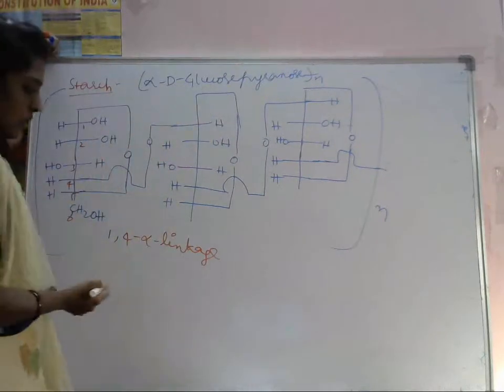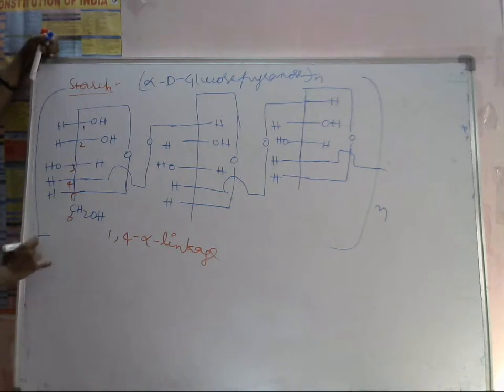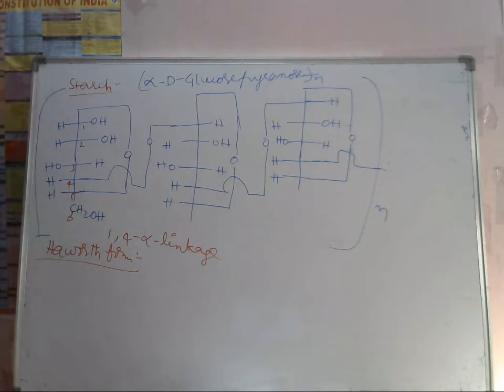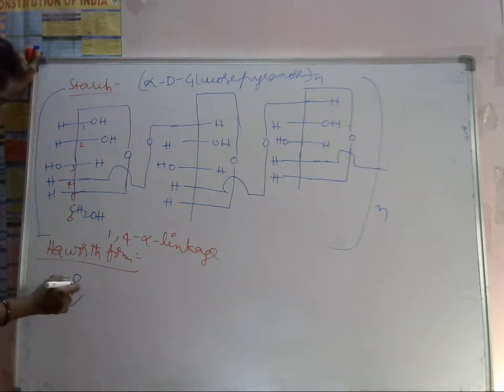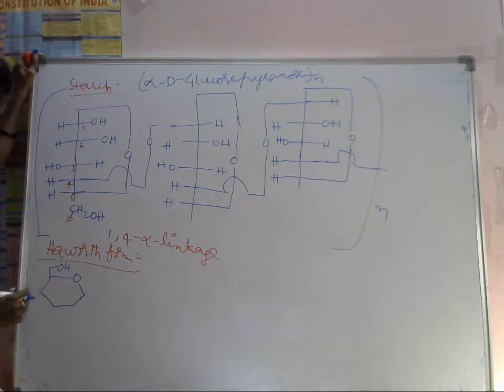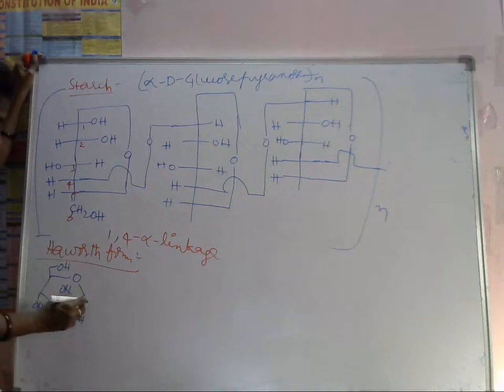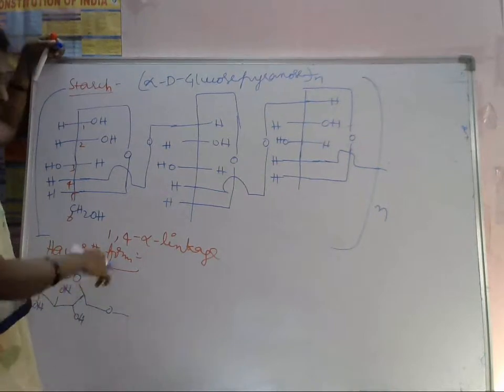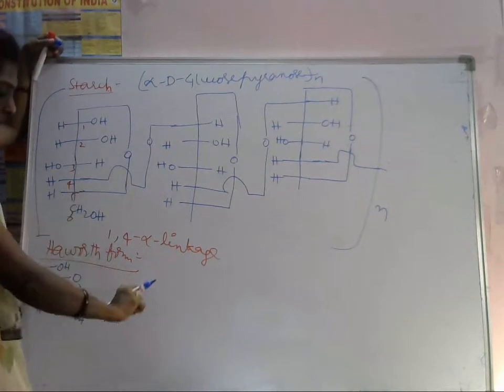Okay, starch. So next, this is the Fischer projection form. Let's see the Haworth form. The Haworth form of this is nothing but we have to write the glucose, just add the glucose units with the 1,4 linkage. That's it. Here it is having OH. Here it is an alpha linkage, so that's why we have to write it at the bottom side. If it is a beta linkage, we have to write it at the upper side.